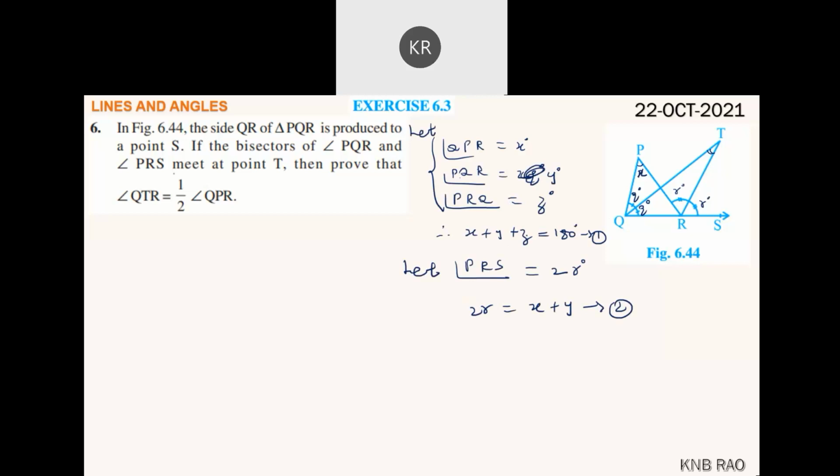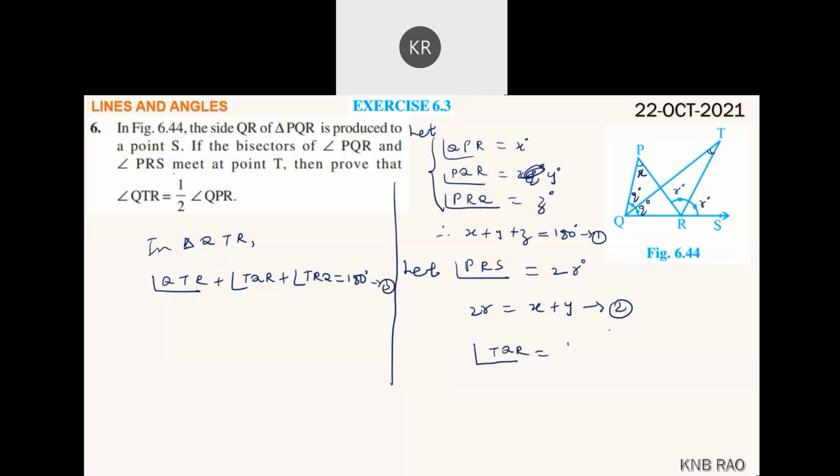Now with that, what is to be proved? In triangle QTR, angle QTR plus angle TQR plus angle TRQ equals 180 degrees. This is equation 3, where angle TQR is half of angle PQR, and where